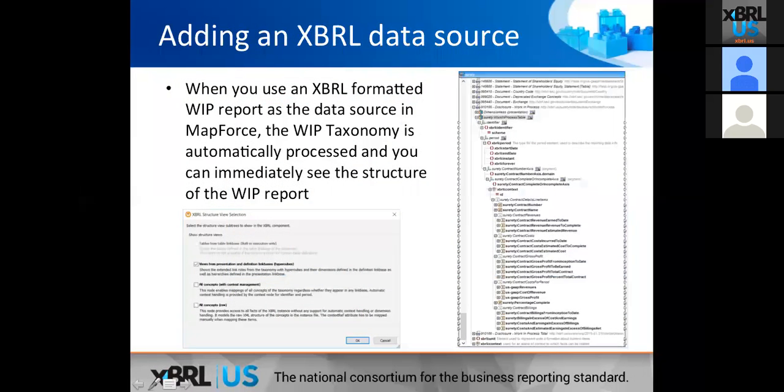So when we now add an XBRL data source to our mapping tool, what you will see inside the mapping tool, and I realize it's probably a little hard to see here on the screen, on the right side, is what the XBRL file looks like, and that's pretty much what you saw in the previous part when Michelle was talking about how the XBRL looked. So it's the same concepts that you are familiar with from the XBRL taxonomy, now visible inside that mapping tool, and that's going to be the starting point from which you draw the connections to the database. So once we've added an XBRL data source, in the next slide, we will then